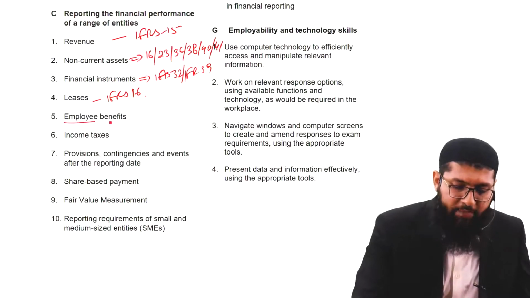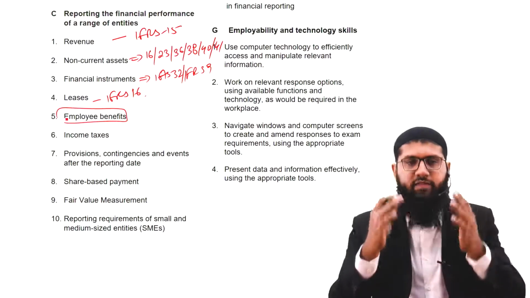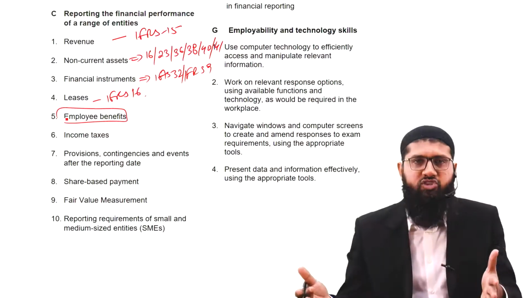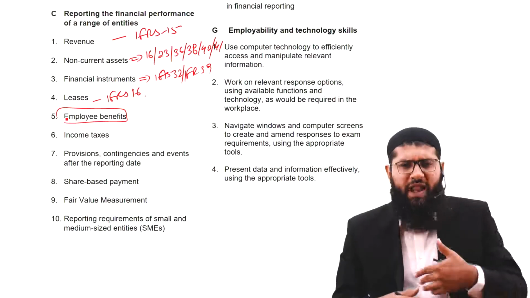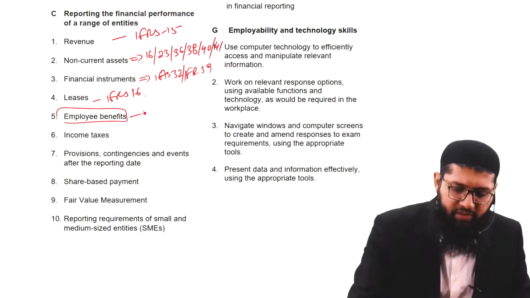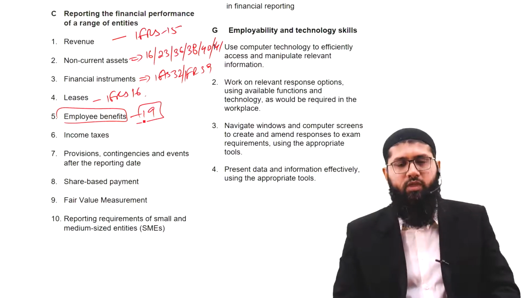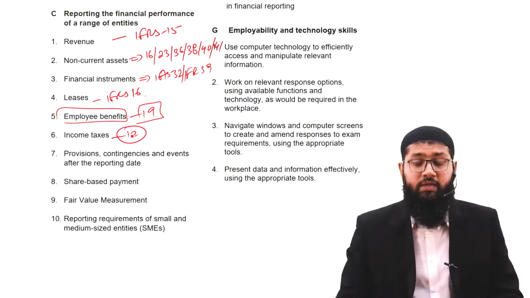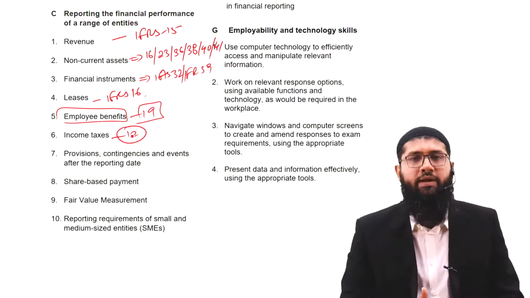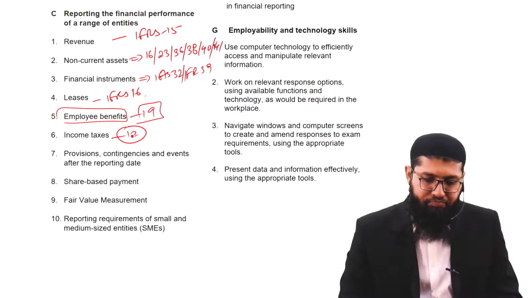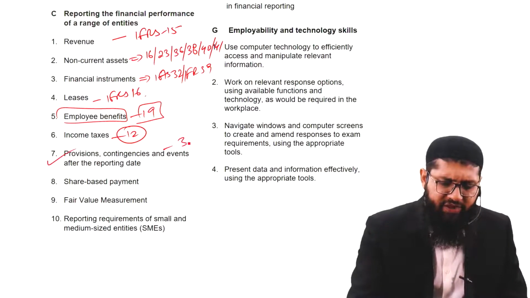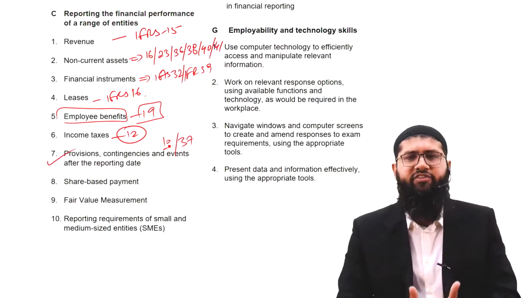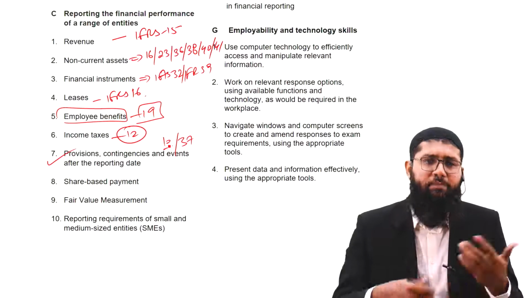What next is there? Employee benefits. Whatever benefits that you give to your employee, the salaries, the pensions, the provident funds, the gratuities, the allowances, cars, houses, travels, whatsoever. We're going to discuss about the accounting under IAS 19 here. The taxes, it's a full-fledged standard that's examinable here. It's very different to the way it was examined at the F7 level. Provisions, contingent liabilities, which is IAS 37 and IAS 10. It's more or less the knowledge that you studied at F7 is sufficient enough, but you got to understand the application skills here.